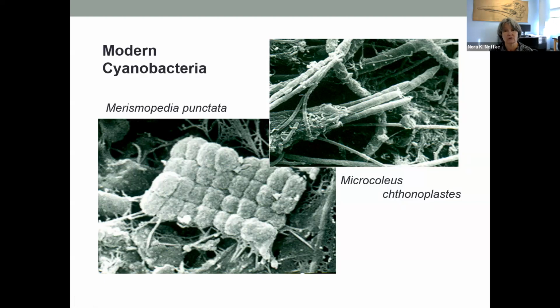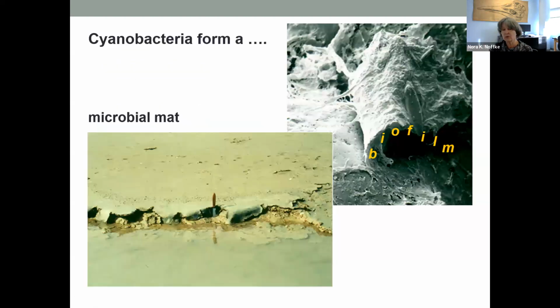Cyanobacteria are photoautotrophs, and they can become pretty big. So that's why the older literature actually calls them blue-green algae. If cyanobacteria start to colonize a sediment, they initially form so-termed biofilms around each individual grain. The biofilms are composed of the single cells themselves plus their EPS, those mucilages. If such biofilms continue to grow over several months, in the end, a microbial mat is forming,